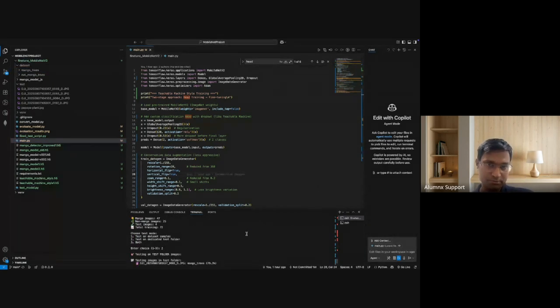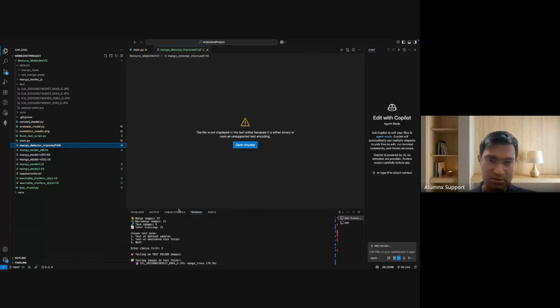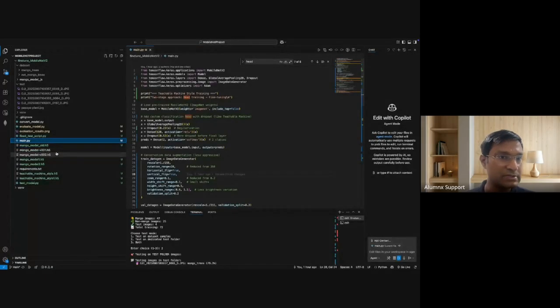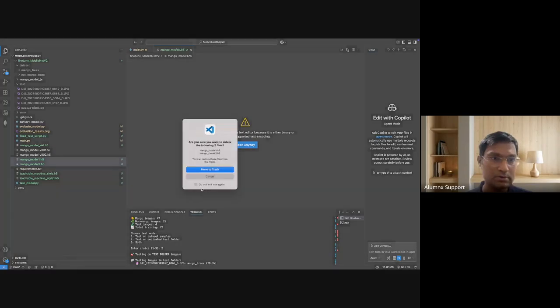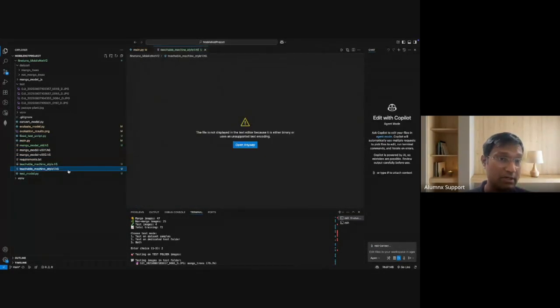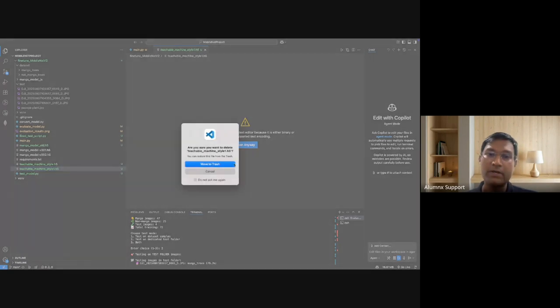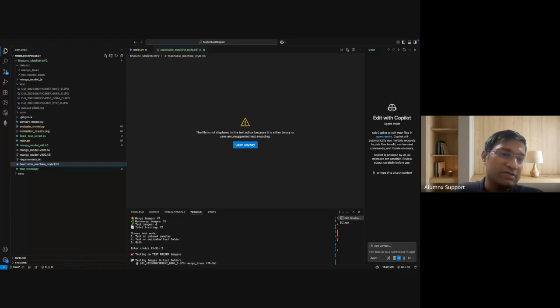Okay. So what we have here is, if you look at the code, let me just remove some of the old and deprecated model files. Okay, so let me just remove them. It's too many files, unnecessary confusion. So mango_model_1, model_2, just remove this. Yeah. So we are going to keep teachable_machine_style. Teachable machine style 1 is also not required. So ultimately we are going to keep teachable machine style. I'll just rename this to 1. So this is the model which is stored inside this. Okay, this is a model file which comes, and what we're doing is,